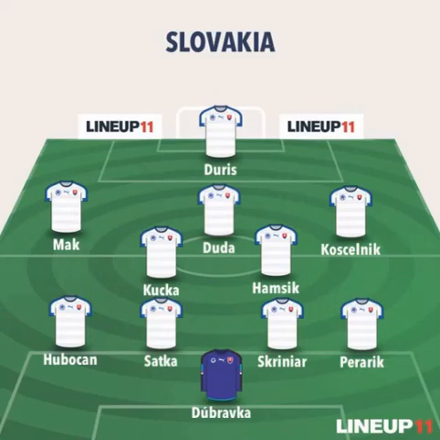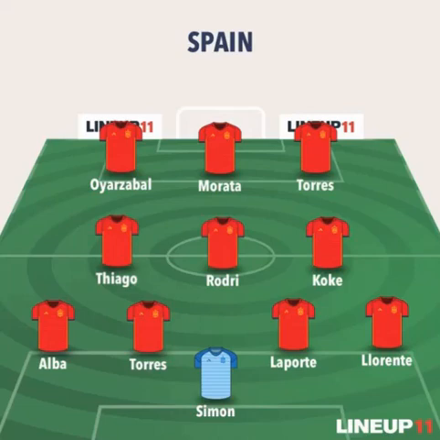Now Slovakia, they're expected to play in a 4-2-3-1 formation. Dúbravka in goals, Hubočan left back, Šatka and Škriniar, 2 centre backs, and Pekarík right back. Kucka and Hamšík, the 2 defensive midfielders, Mak, Duda and Haraslín, the more attacking midfielders, and up front on his own is Duris. Now we have Spain, they're expected to play in a 4-3-3 formation with Simón in goals, Alba